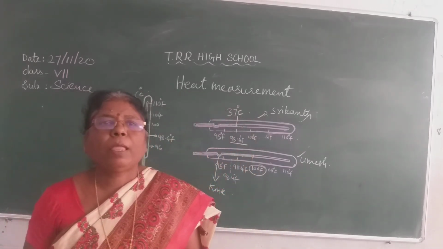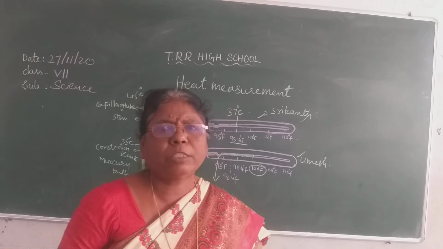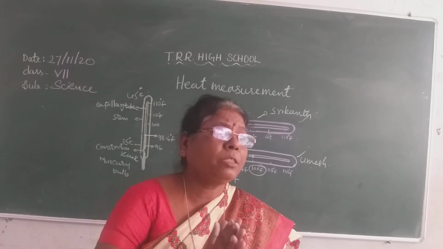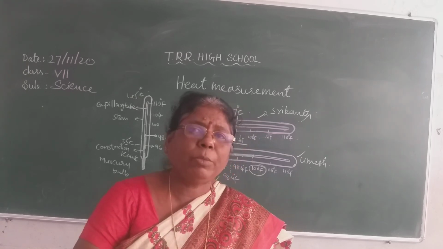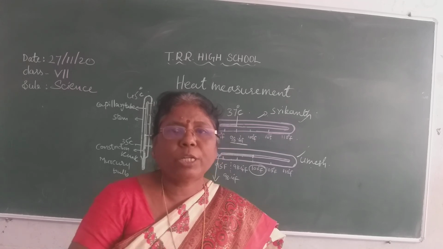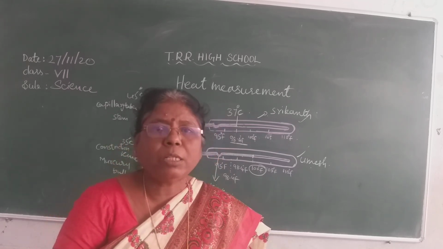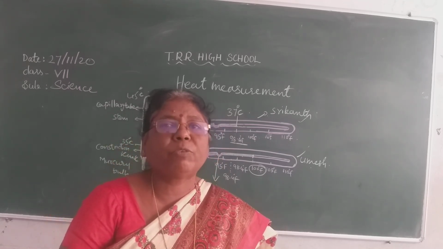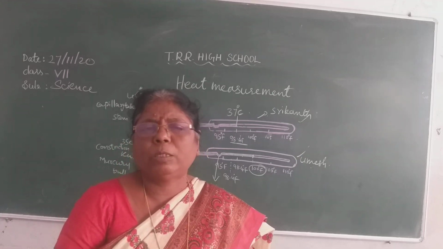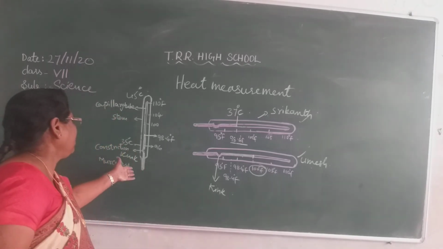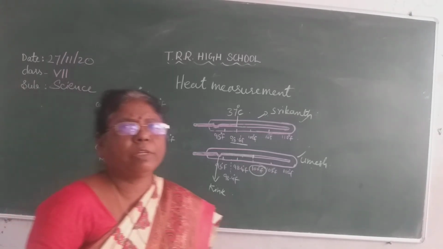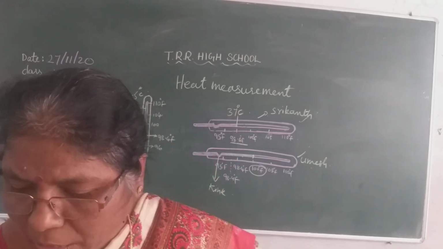It works with a cell. There is no mercury in the thermometer. And one more difference is that in this thermometer we can get the previous reading also, as there is storage capacity in the digital thermometer. The kink will not be there, and you will get only one reading, the Fahrenheit scale only, in the digital thermometer.